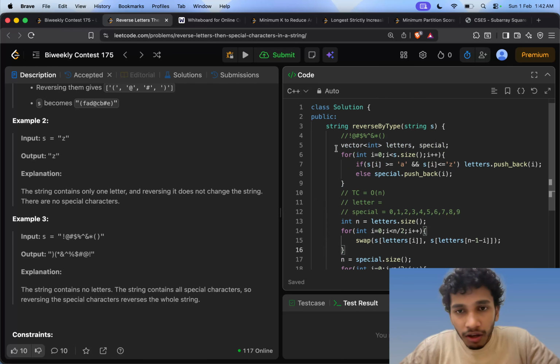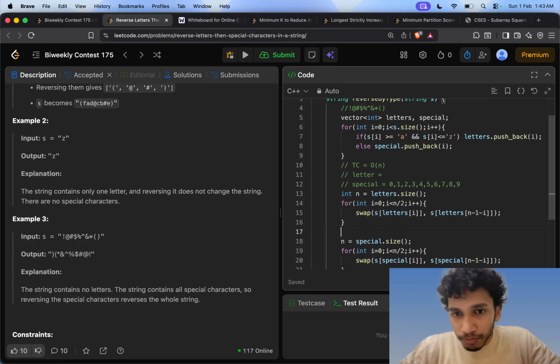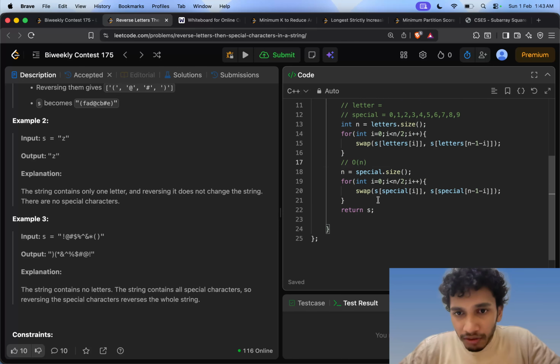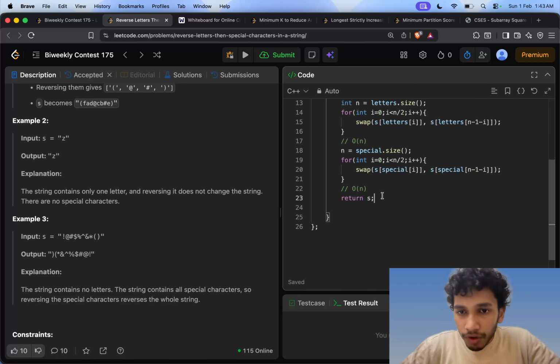Any of these vectors, letters and special, would not contain more than n elements. So reversing it is again an O of n operation, and this particular portion is again an O of n operation. And what is the overall time complexity? Overall time complexity is O of n plus O of n plus O of n, which is O of n